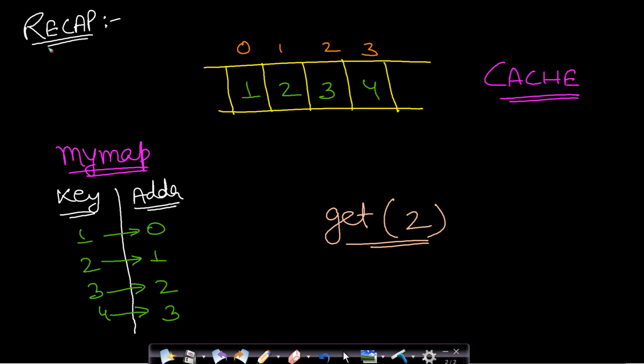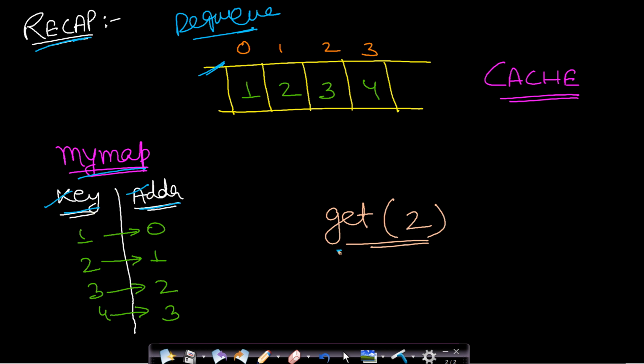For a quick recap of what we saw in our previous video, I used a DQ to represent our cache, and I used a map to keep the keys and their corresponding addresses which are present in the DQ. So as you can see in this example, I have requests of 1, 2, 3, 4 and they are at address 0, 1, 2, 3. Now they are also stored with the corresponding key and addresses in our map.